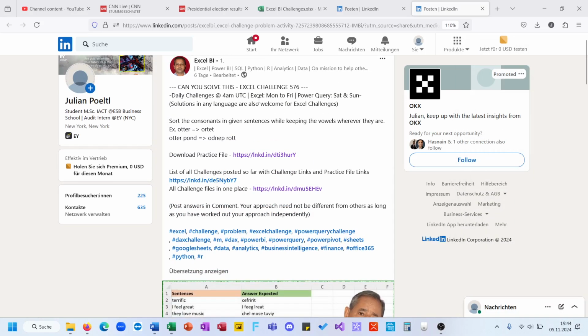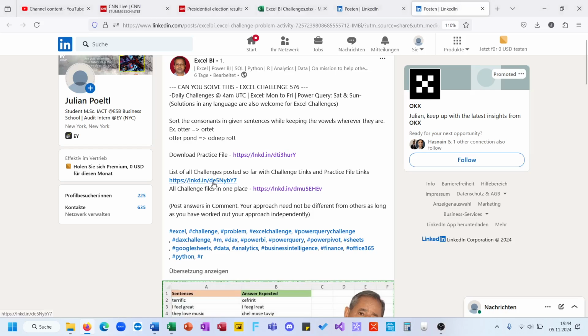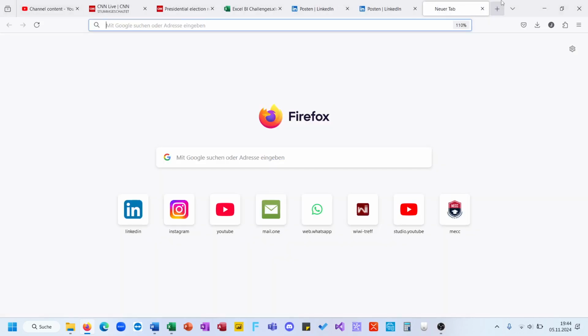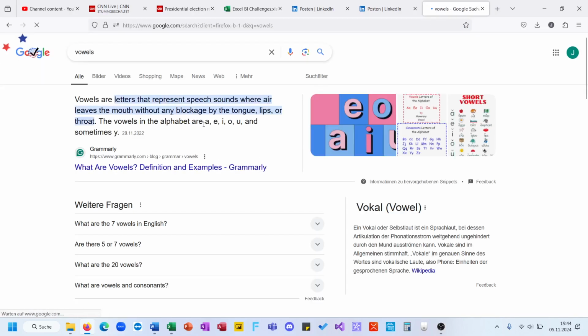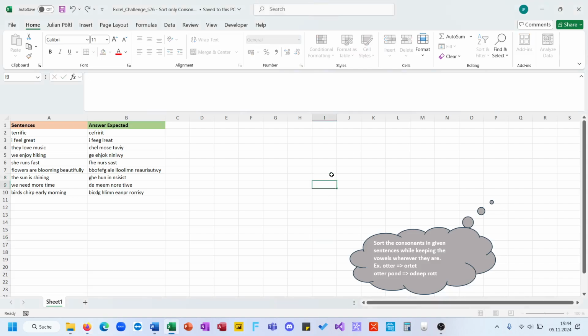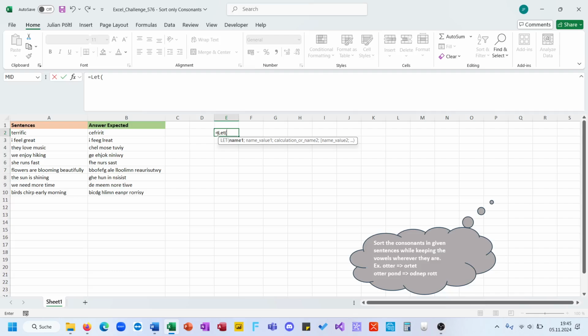So let's jump right into the challenge. Sort the consonants in given sentences while keeping the vowels where they are. So, what are vowels? Okay. Vowels stay where they are. Sort consonants. So let's then, as for sentence